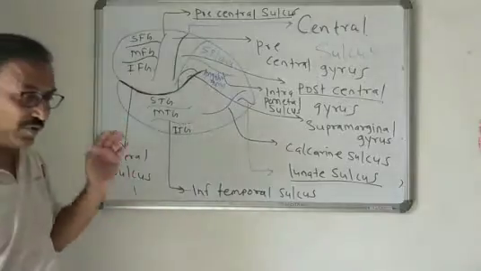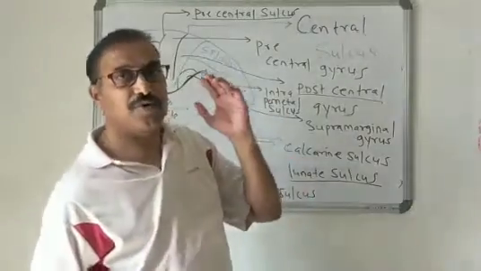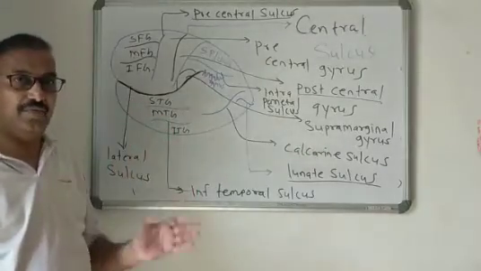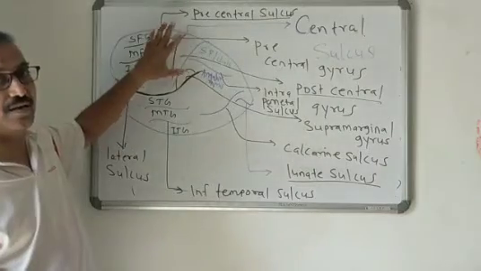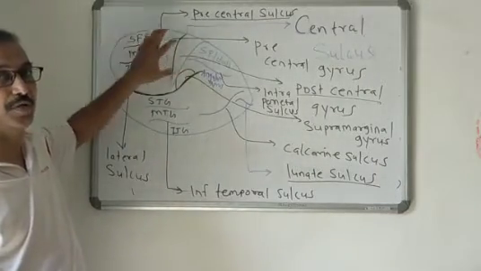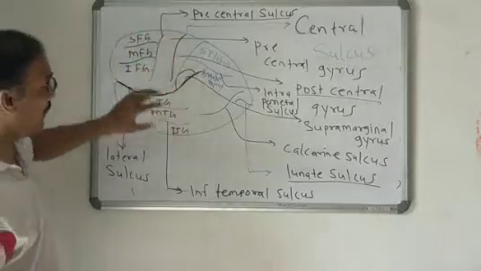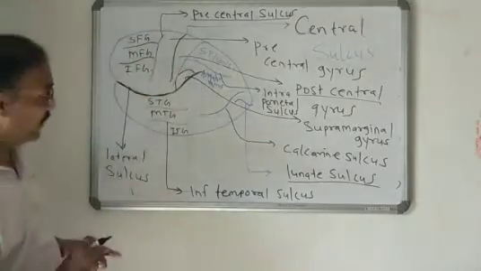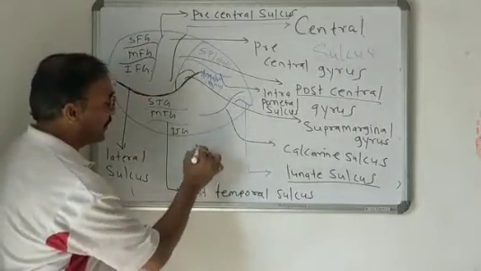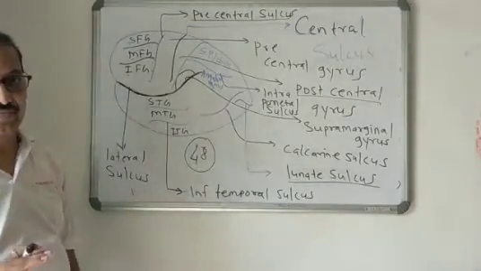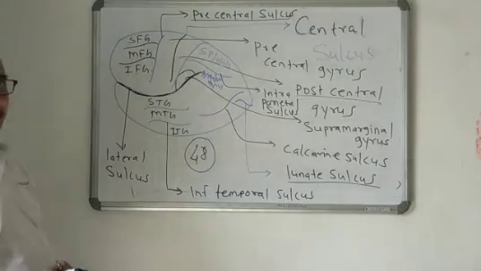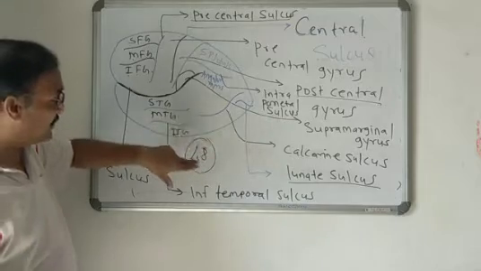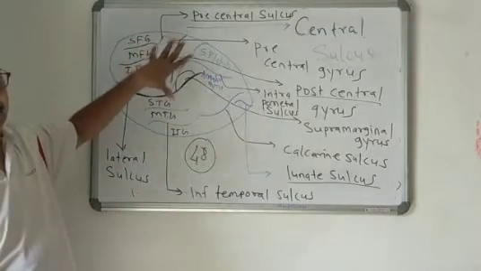The outer surface of the cerebral hemisphere is made up of many folds, the convolutions. The sulci are the depressions and the gyri are the elevations. These are the important sulci as well as gyri over the superior lateral surface. Now remember, each gyrus consists of functional areas. We have 48 functional areas over each cerebral hemisphere, the Brodmann's areas, the Brodmann's classification. Understand? These 48 areas are present in these gyri.